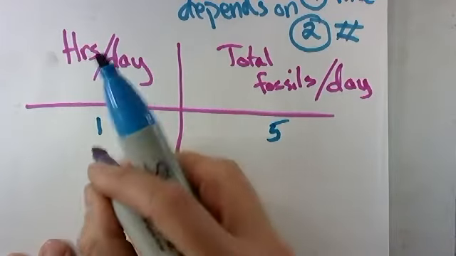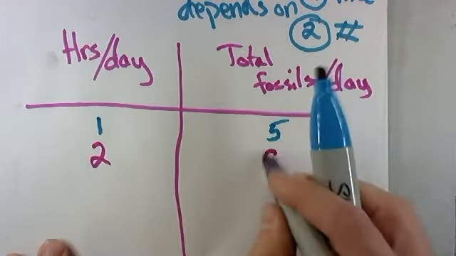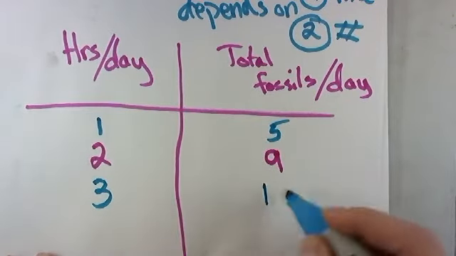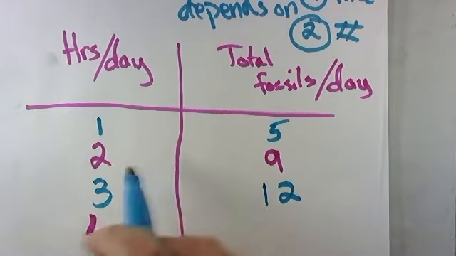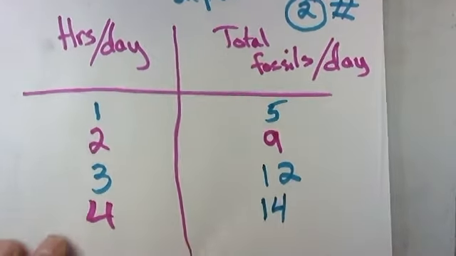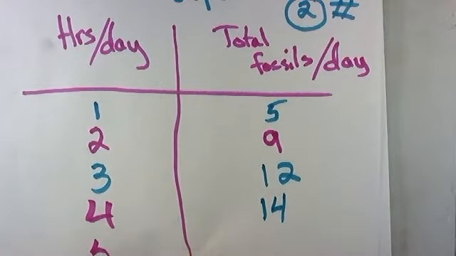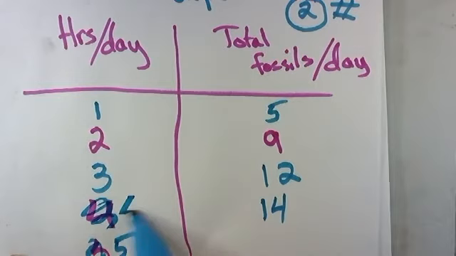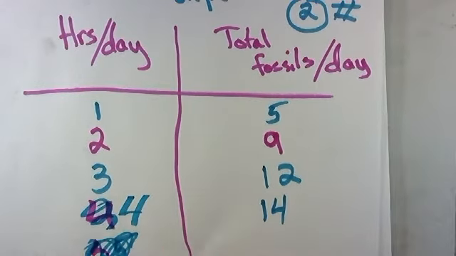If she spends 2 hours, she'll find 9. If she spends 3 hours, she'll find 12. And if she spends 4 hours, she'll find 14. And lastly, if she spends 5 hours,